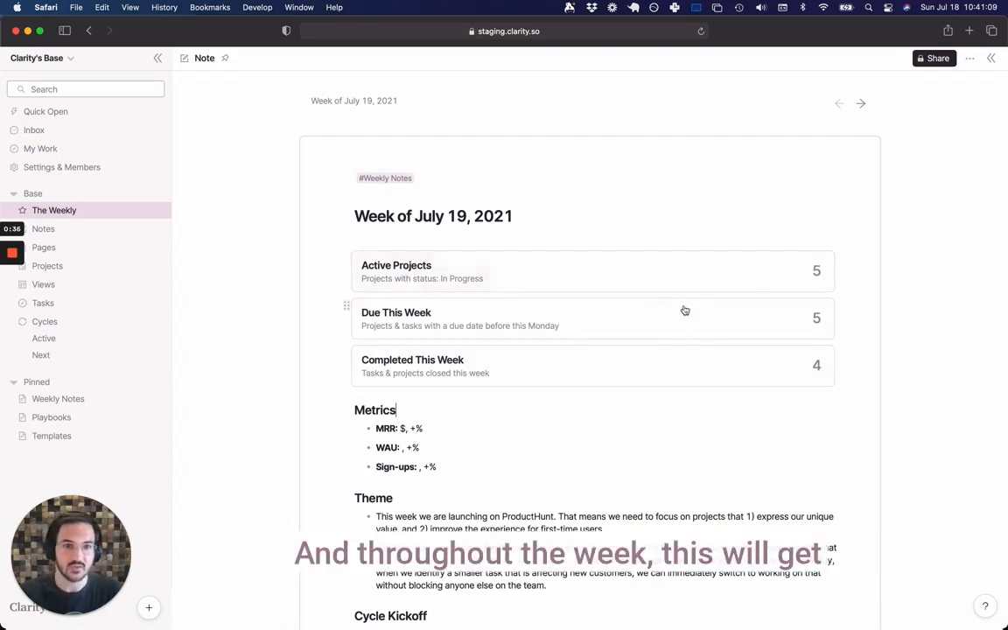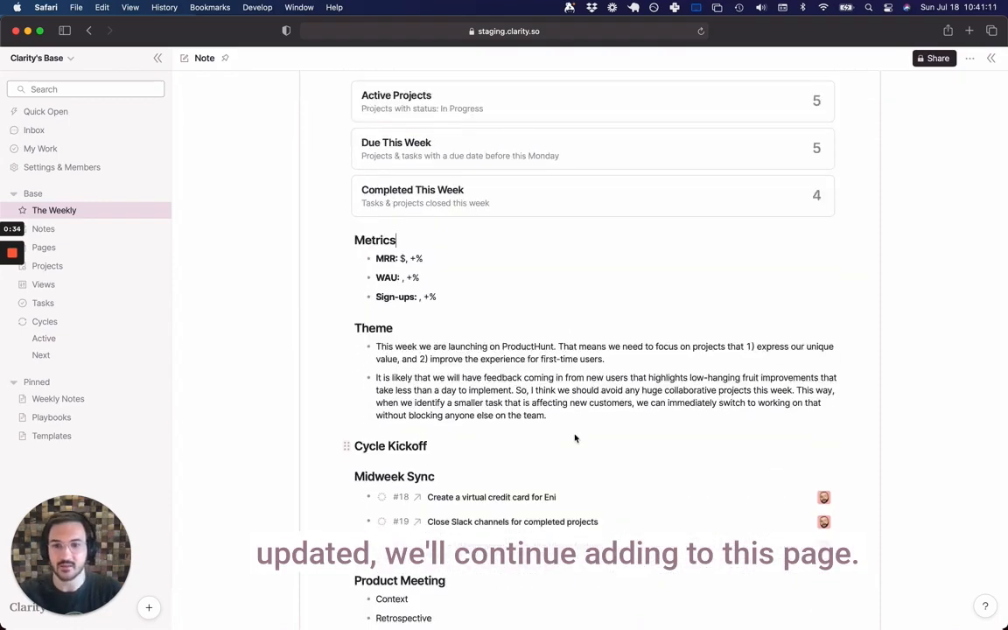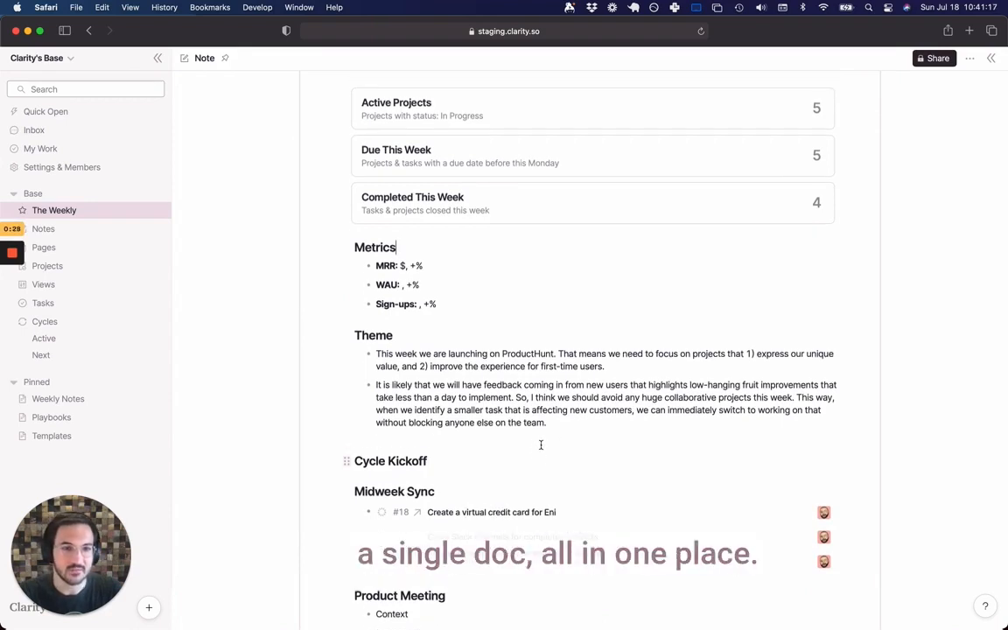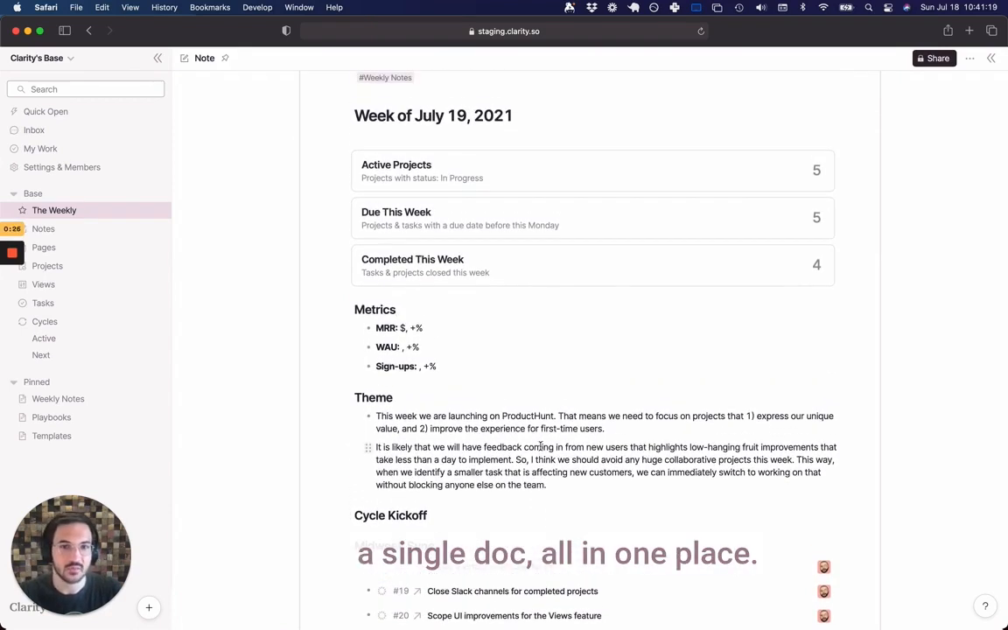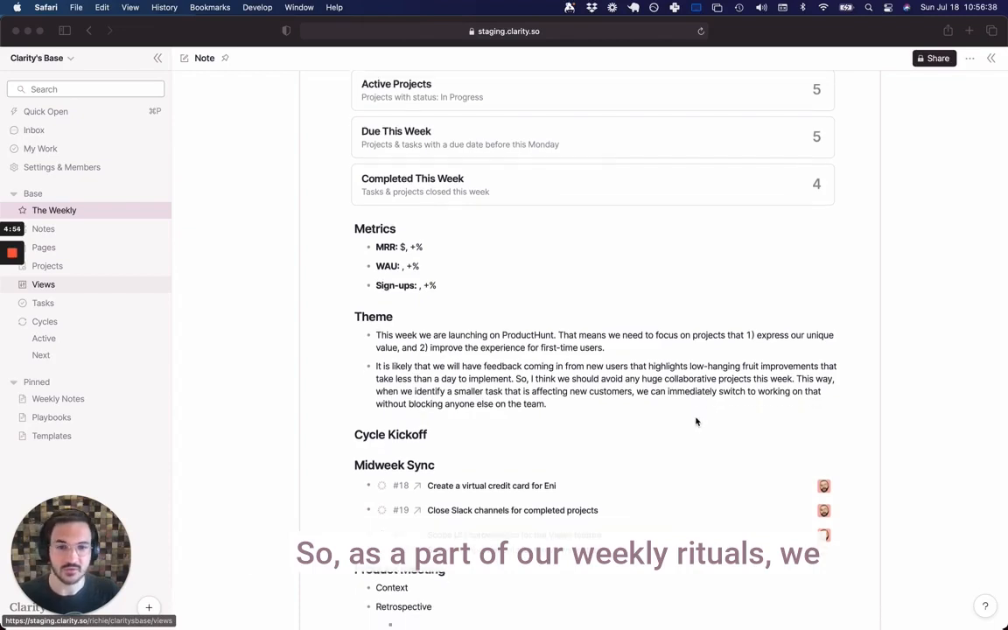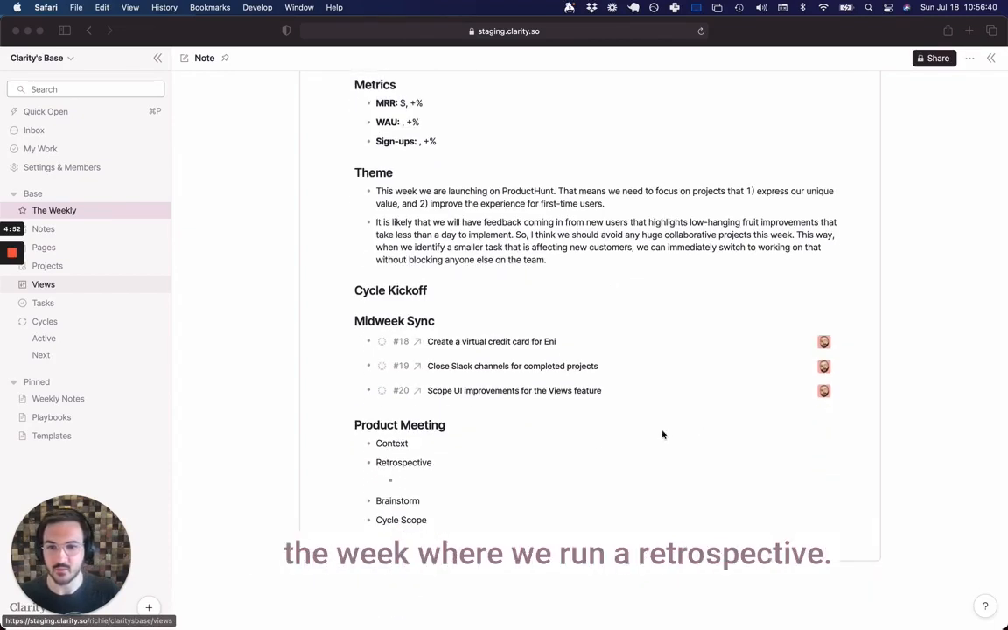And throughout the week, this will get updated. We'll continue adding to this page. And that's Clarity. It's running your team out of a single doc, all in one place. And now that we're doing this every week, something really incredible starts to happen. So as a part of our weekly rituals, we have a product meeting at the end of the week where